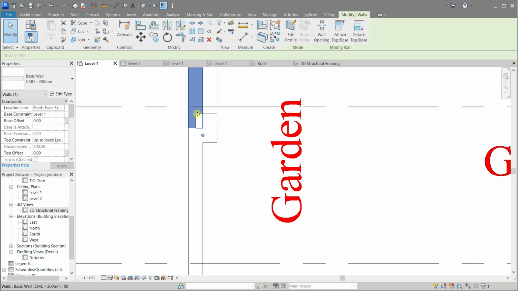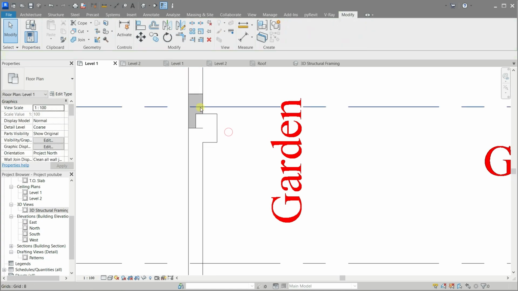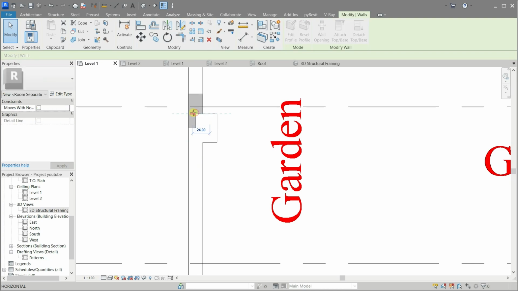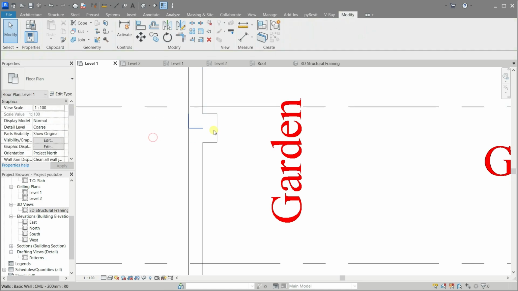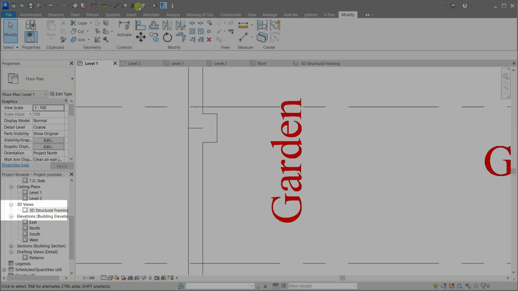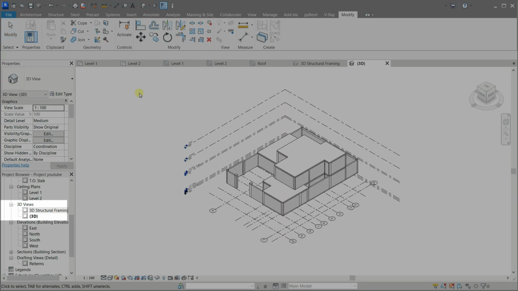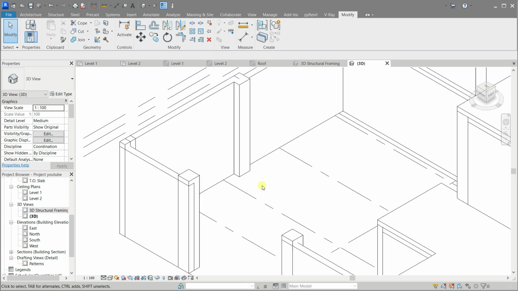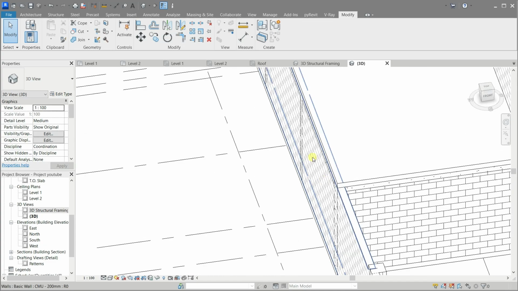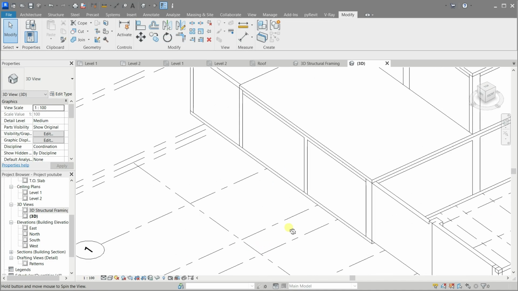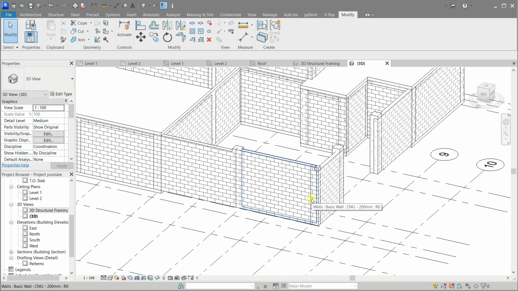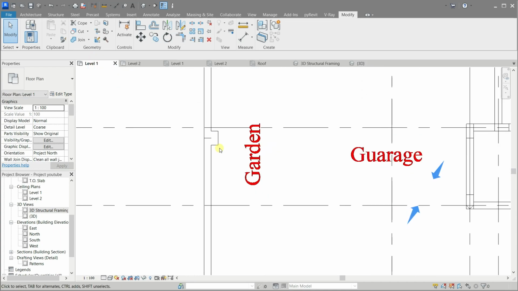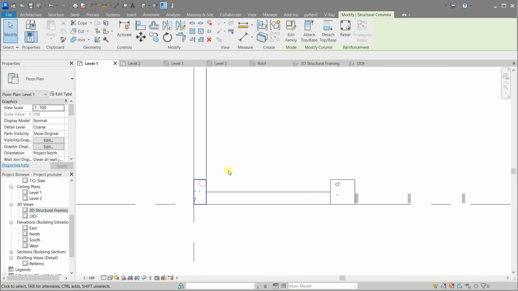Then adjust the wall joint properly. Click the 3D view, and that will create a new architecture 3D view to see the area. Let's delete the corner column too, it's not necessary.